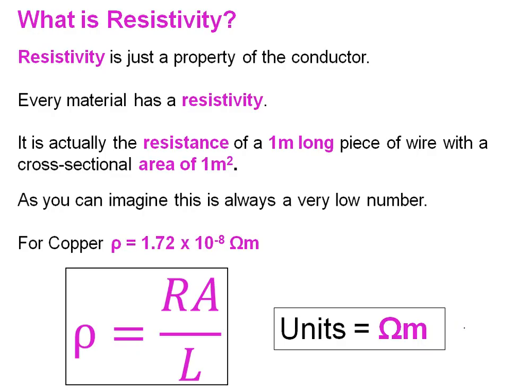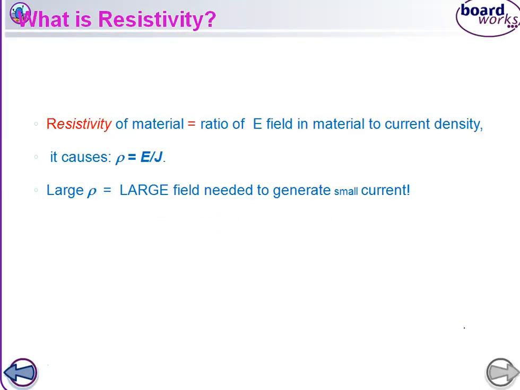Okay, so resistivity or specific resistance is just a property of the conductor. Every material has resistivity. Definition I told you earlier, this formula I have written, unit I have written, and sometimes we can define resistivity in this form also: rho equals E by J. You can use Ohm's law. All of you know J equals sigma E. Sigma is conductivity and the reciprocal of conductivity is resistivity. So you can say rho equals E by J.